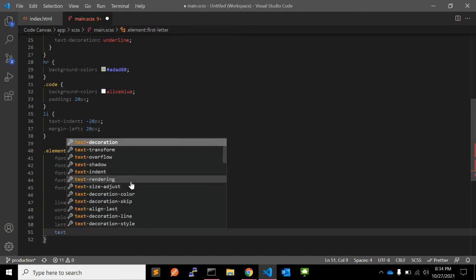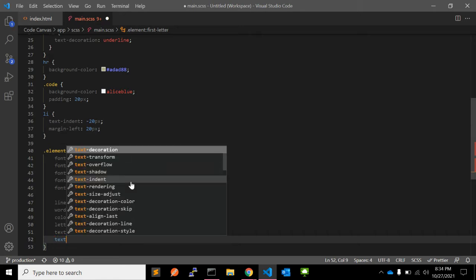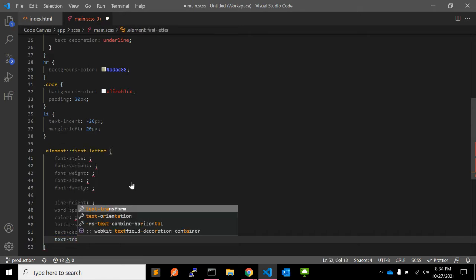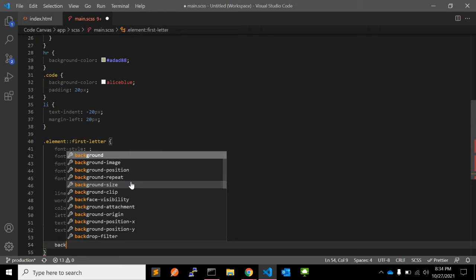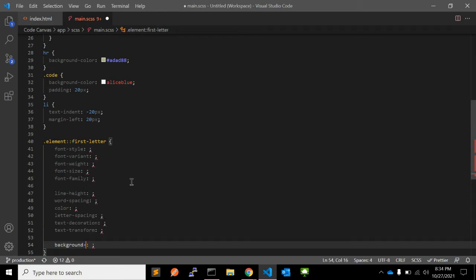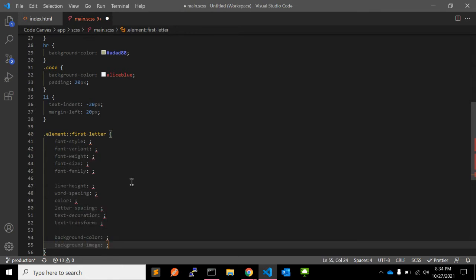You can also apply text decoration and text transform. Also, there are background properties like background color and background image. You can also apply background image to this pseudo element.